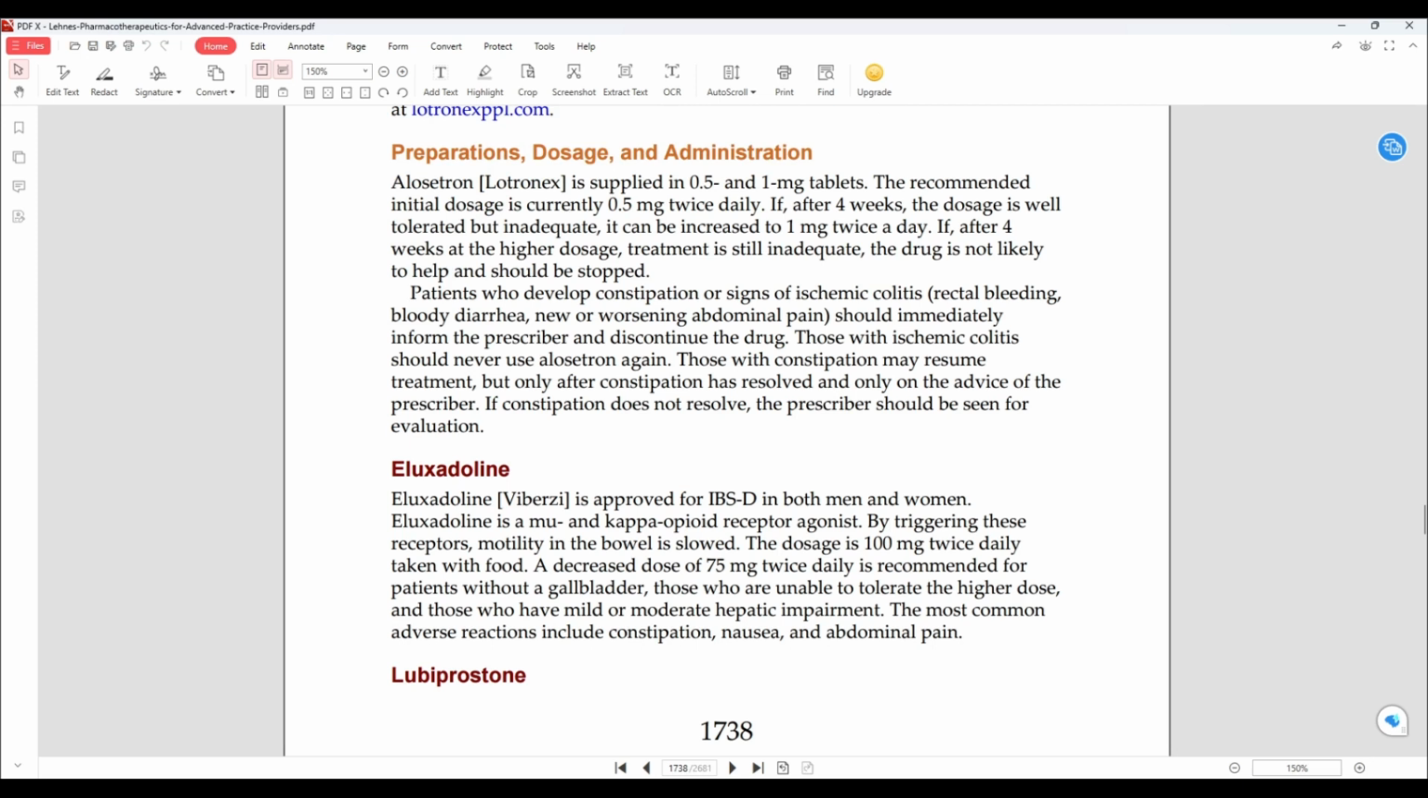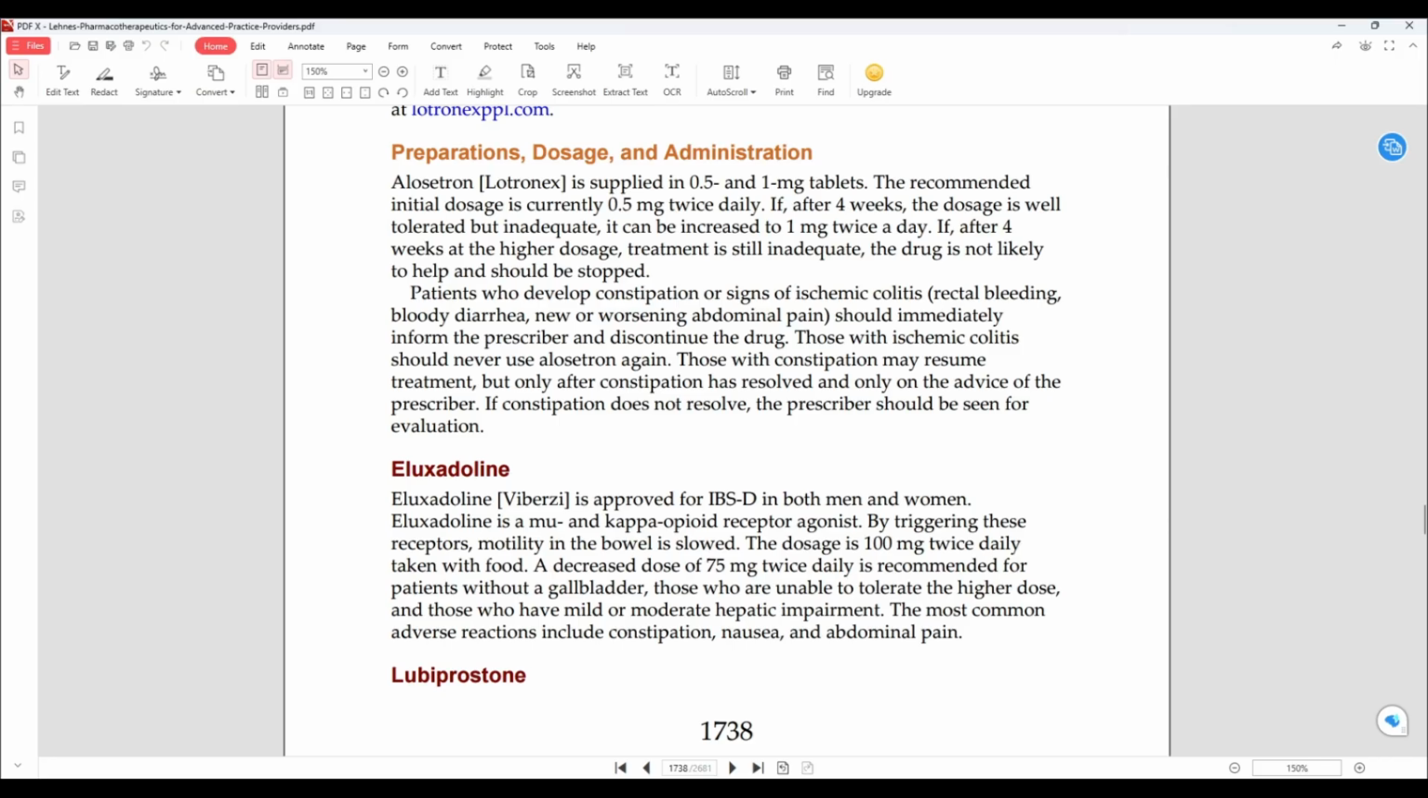Its preparation, dosage, and administration. Elozatran is supplied in 0.5 and 1 milligram tablets. The recommended initial dose is currently half a tablet twice daily. If after 4 weeks the dosage is well tolerated but inadequate, it can be increased to 1 milligram twice a day. If after 4 weeks at the higher dosage treatment is still inadequate, the drug is not likely to help